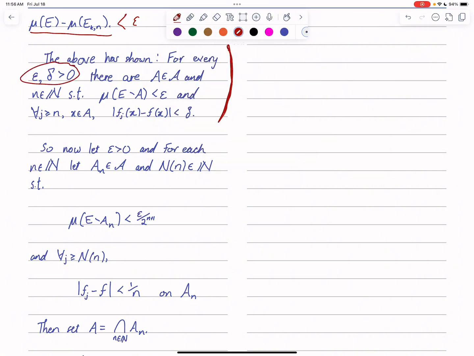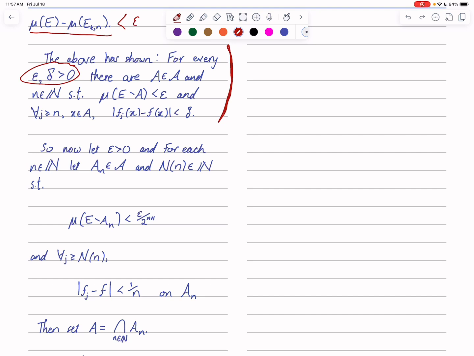now I'm using delta here for two reasons. For one thing, it's going to seem more like our familiar statement of uniform convergence. We don't usually talk about 1 over k. We talk about some very small epsilon usually, but epsilon's already taken, so I'm calling it delta. We just talk about a very small delta such that the separation between the functions is smaller than delta. So I'm trying to make it look more like the familiar idea of uniform convergence.